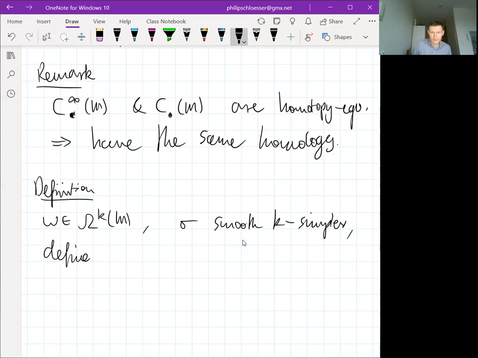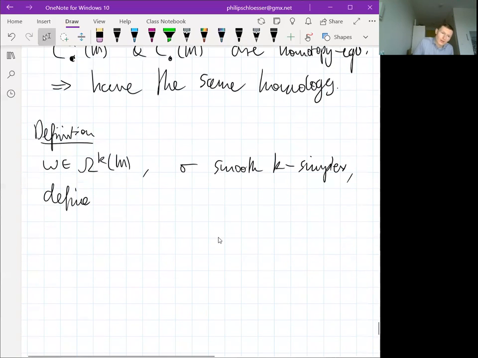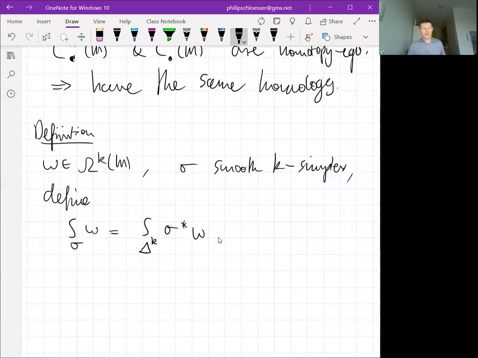Define the integral over sigma of omega to be, well, originally it is just defined as the integral of the pullback of omega via sigma, but since we haven't really defined that,